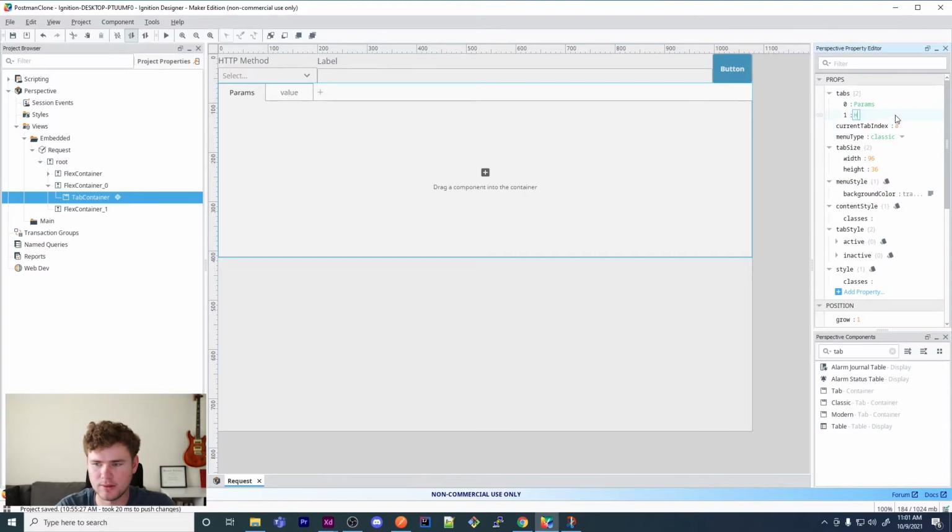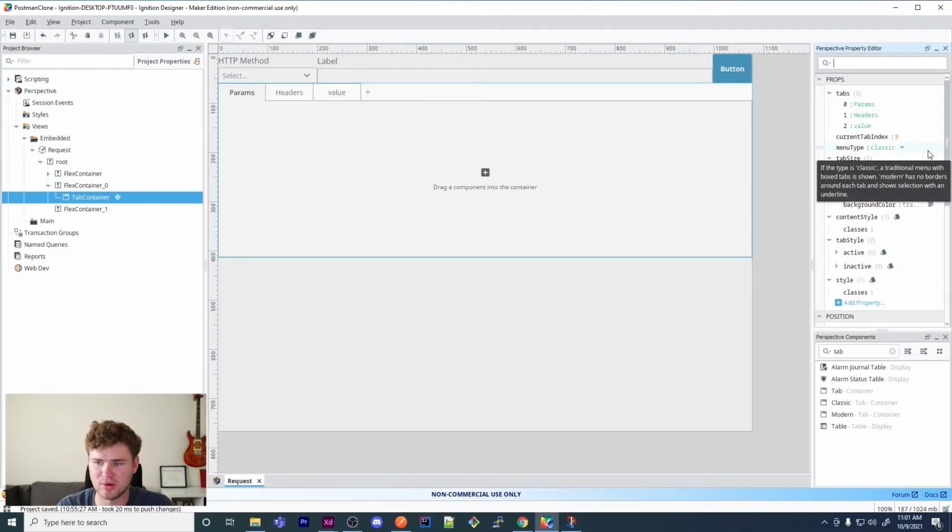Here we have headers. What did I call it here? Headers. And the last one will be body. Body. And let's set it to modern. That way it looks more like